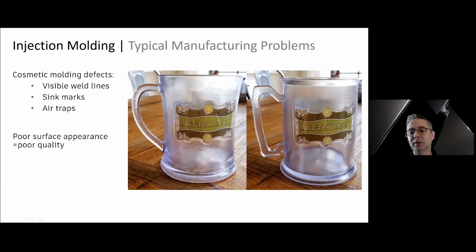Now, if we look at the part on the right, on the other hand, we see a very uniform surface finish. It looks so much cleaner and like a higher quality part. It is interesting, in this handle there is a small section that's not a sink mark. It's actually what we would call a void, where instead of the material sinking from the outside, it created a sink on the inside, or a void.